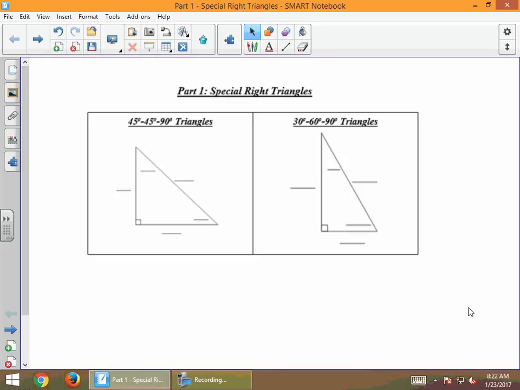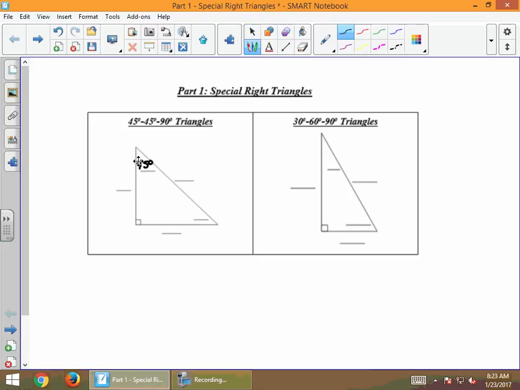In this lesson, we're going to talk about special right triangles. The reason why they're called special right triangles is the patterns of their measurements are always true. And one type of special right triangle is a 45, 45, 90 right triangle, which means that one angle is